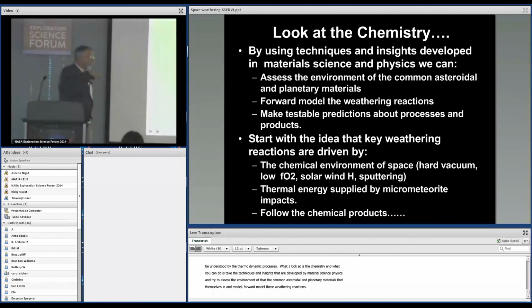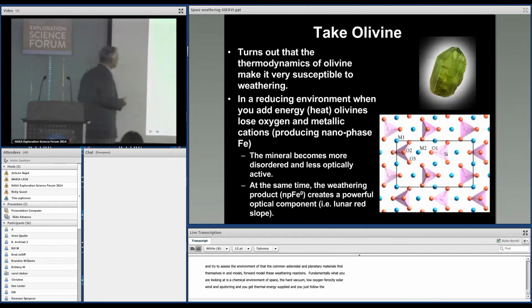Fundamentally, what you're looking at is a chemical environment of space: the hard vacuum, low oxygen fugacity, solar wind, hydrogen, sputtering, things like that. And you get thermal energy supplied by micrometeorite bombardment. What you do is you just follow the chemical products. Start